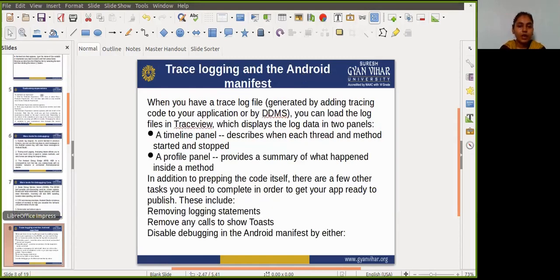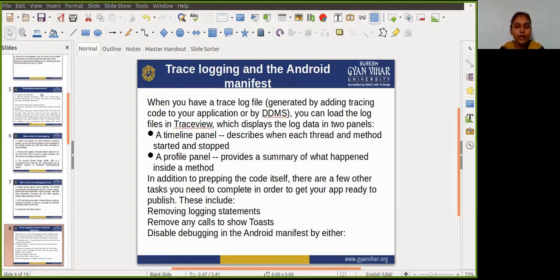Next topic is trace logging and the Android manifest. There are multiple types of debugging available to you beyond setting breakpoints and stepping through code. We can also use logging and tracing to find issues with your code.